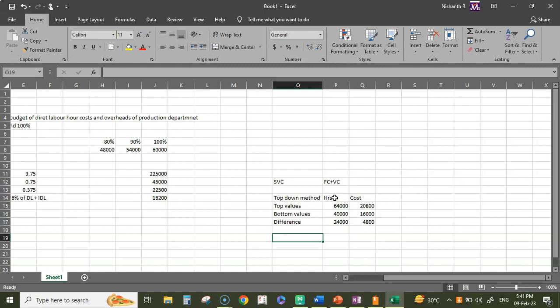From this difference we know the variable cost per hour will be, what is the cost here? 4,800 divided by 24,000. It will be 0.2. Variable cost per hour is 0.2. Now I'm going to apply it in this top value. So top value we had cost of 2,800. Yes, this is equal to 64,000 into 0.2, the variable cost component, into 0.2